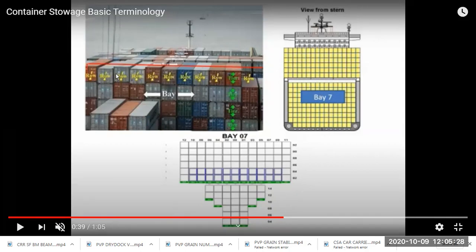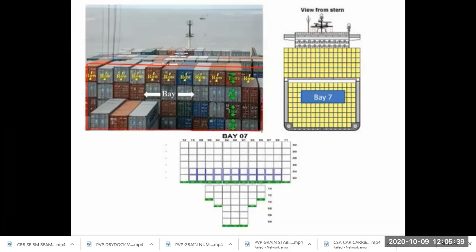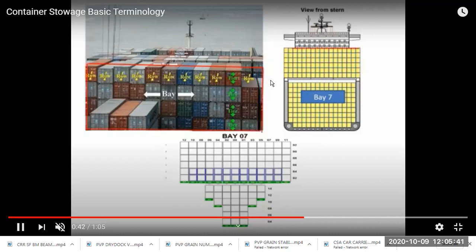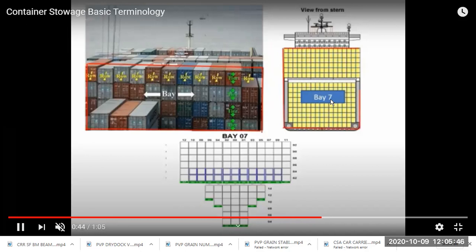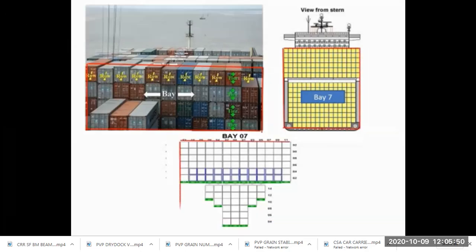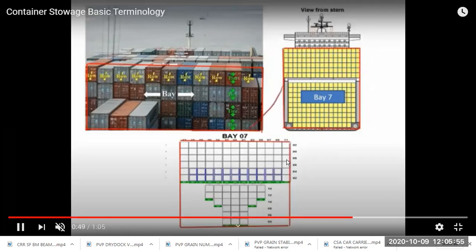You can see in this picture you have this bay, it is red marked, and that is the same thing which is represented here. This is bay number 7. So all these containers, port to starboard, 20-foot containers from this are contained in bay number 7 because it's an uneven number. So uneven numbers 1, 3, 5, 7 are for 20-foot containers, and this is how it is shown. So this full bay, this cross section, is your bay.